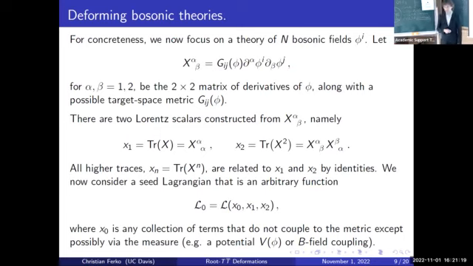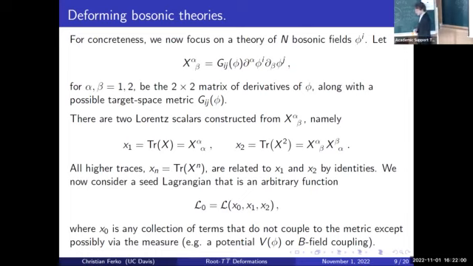I schematically call x0. x0 means any other term in the Lagrangian that does not have explicit metric, by metric I mean worldsheet metric, not target space metric. No other explicit worldsheet metric contractions besides possibly the measure. So an example of an x0 term would be a potential, a V of φ, since the potential term only couples to the worldsheet metric through the measure, there's a root g times V of φ. Or it could be, say, a topological B field coupling, say an epsilon B dφ. That depends on the metric neither explicitly nor through the measure. So that's also an example of an x0.